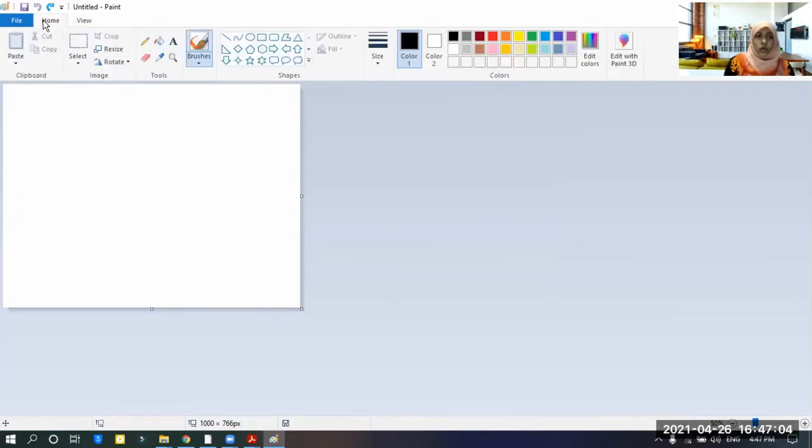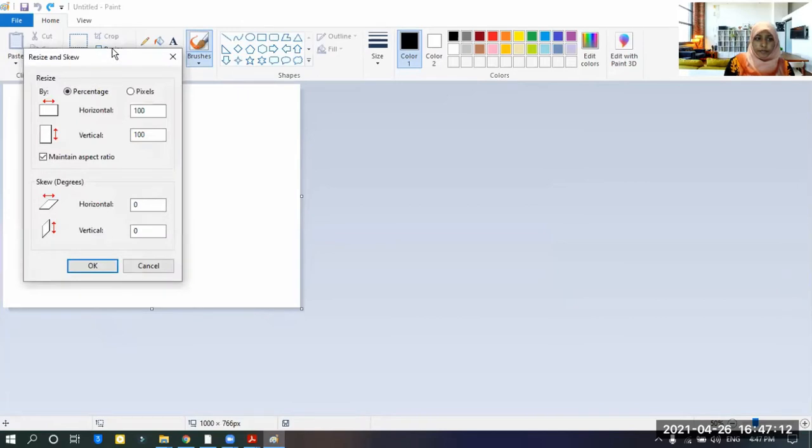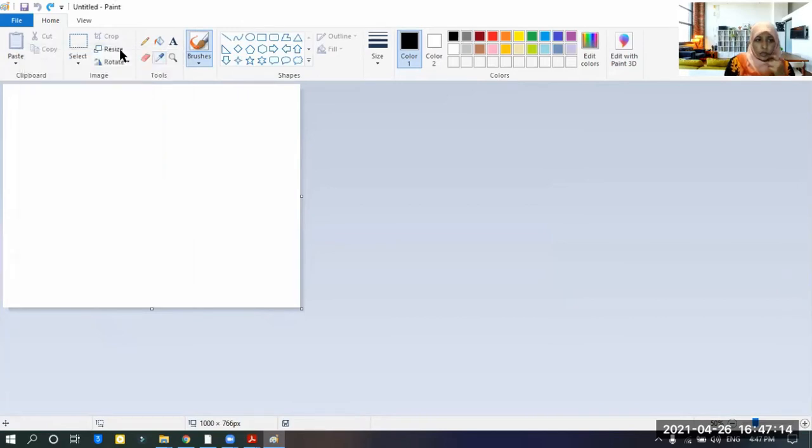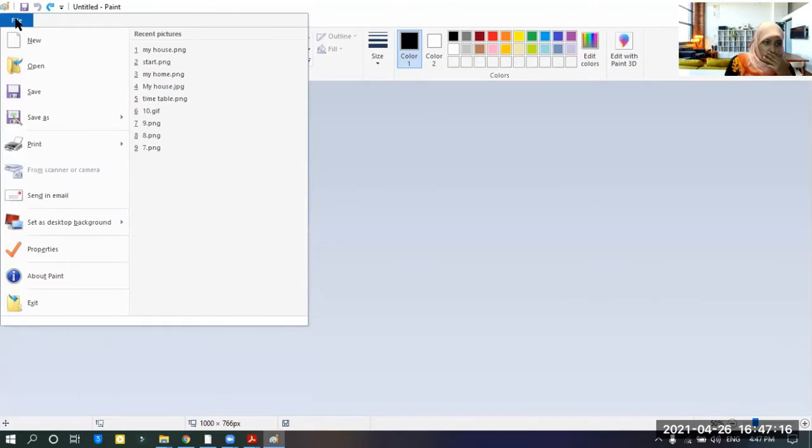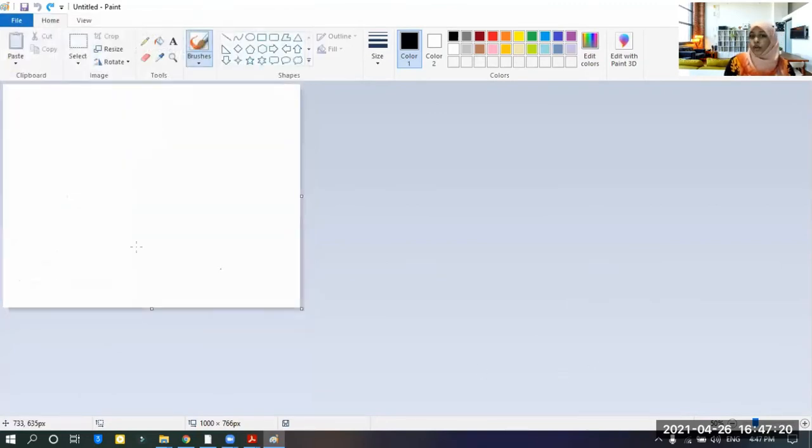So all these things are available in the home tab, right? Again, if you want to resize your paper, resize means to resize the screen of the paper, you can resize it from this one.